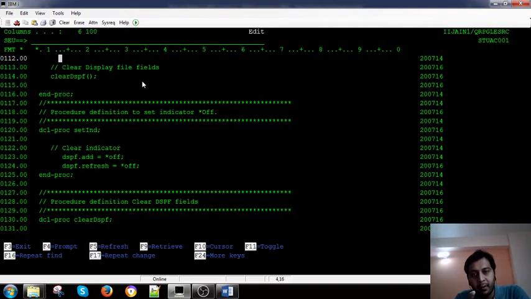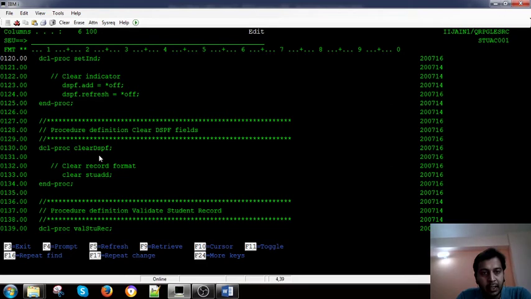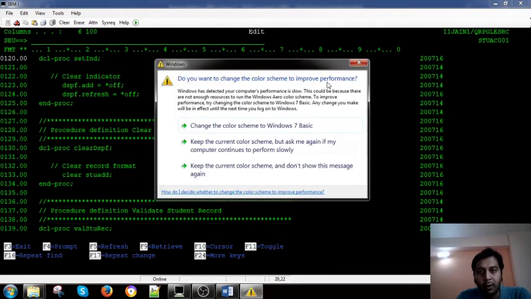So I will clear the display file fields again in this routine, and then I want to clear those indicators. For example, set indicator off, add and refresh off. So I have defined set indicator off, and when you see clear display, so clear record, write this, right? This clears the record format.